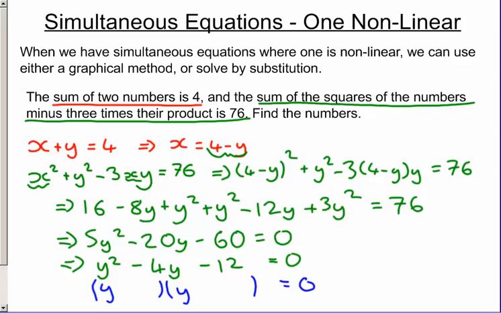So that means our solutions are y equals minus 3 and y equals 4, and substituting that back into our original equation, that means when y is minus 3, x is 7, and when y is 4, x is 0. So that's how we use substitution to solve